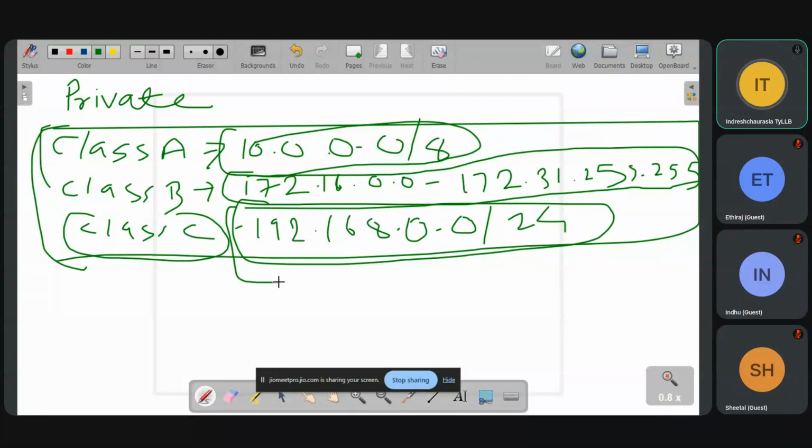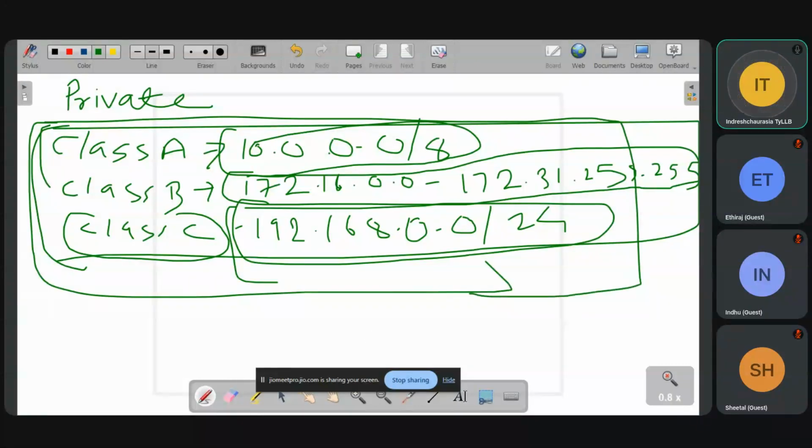Whenever you are in front of your laptop, just open it and run ipconfig, you will see only this IP address. When you are at your home network, or you go to a company, this is the only range of IP address assigned to your laptop, your computer.